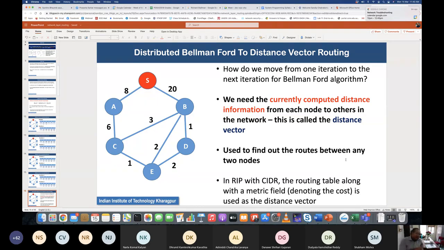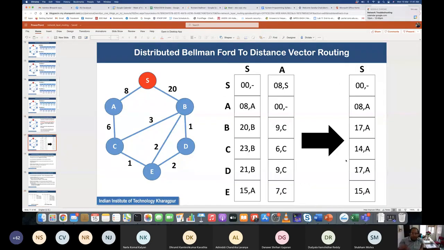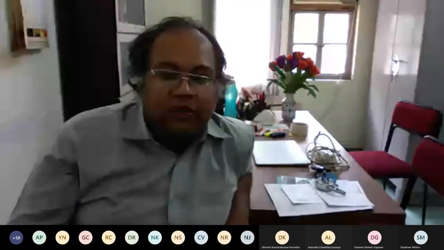If you remember, in the last class I printed the routing table of my machine and showed you how the routing table looks, and there you saw a metric field. That metric field is used here. It denotes the cost that is used as the distance vector in distance vector routing. Now here comes the example of how distance vector routing is computed in the internet. Okay, so S has its